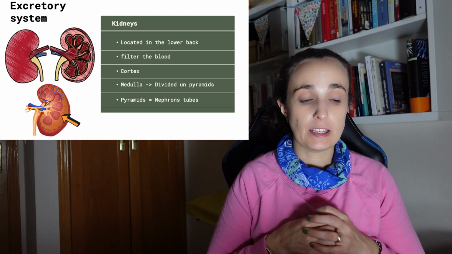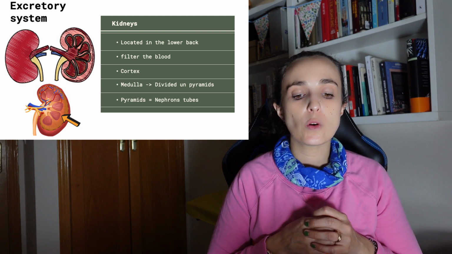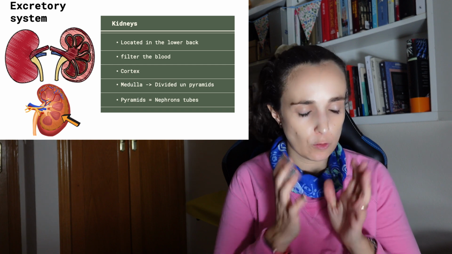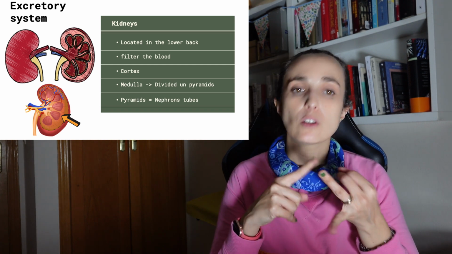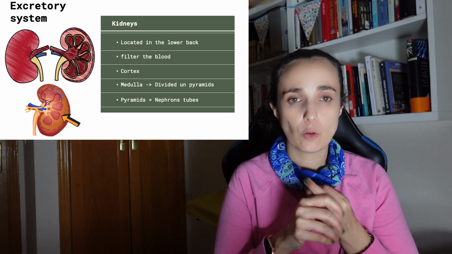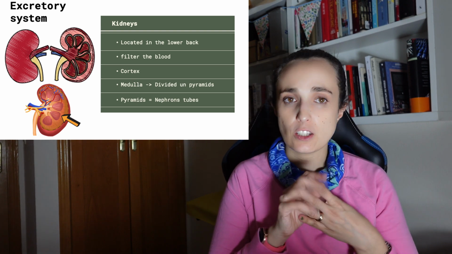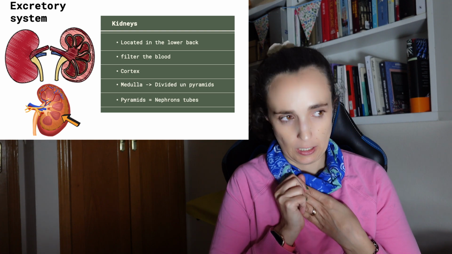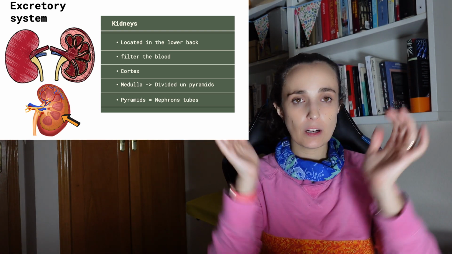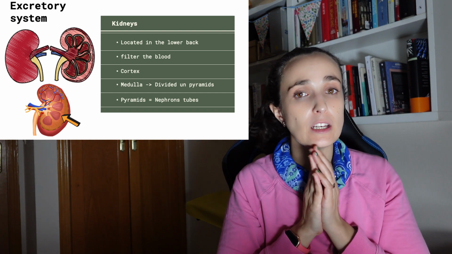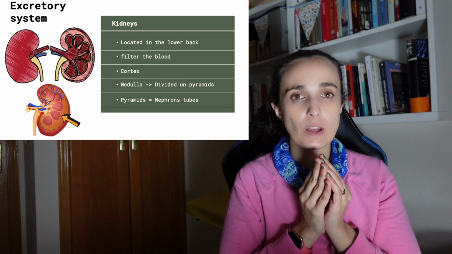The objective in this case is to remove the waste from the nutrients, not the carbon dioxide, mineral salts, toxic substances, things that we don't want anymore, excess of water in blood, etc. Okay, where this is gonna happen? In the outside part of the kidney, which is called the cortex. In the cortex we have specific